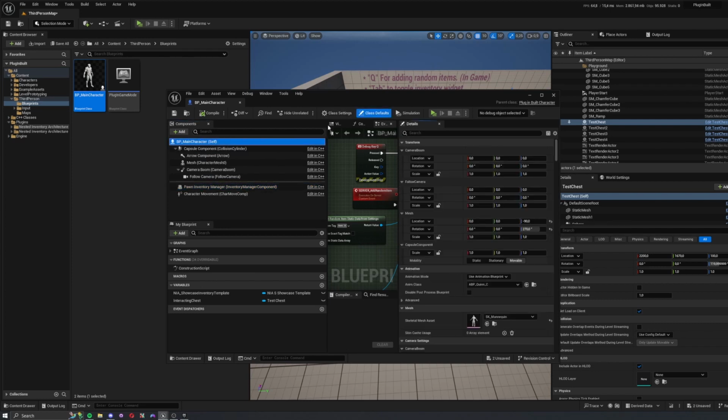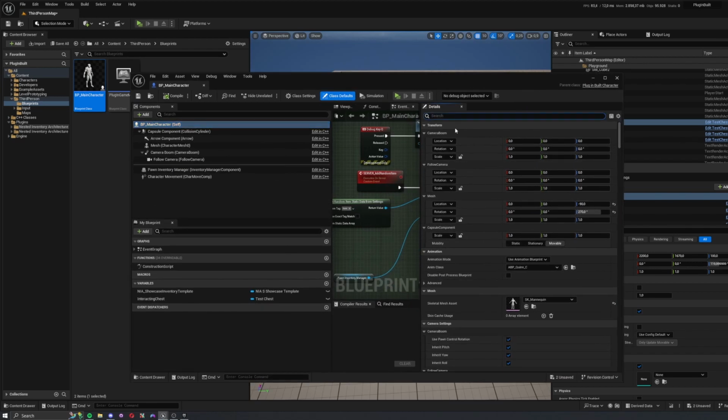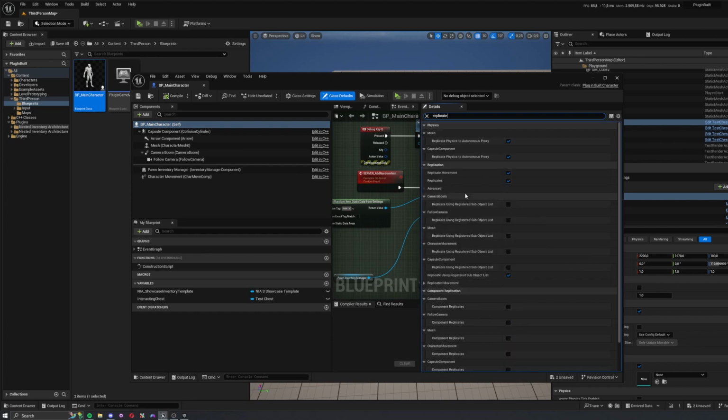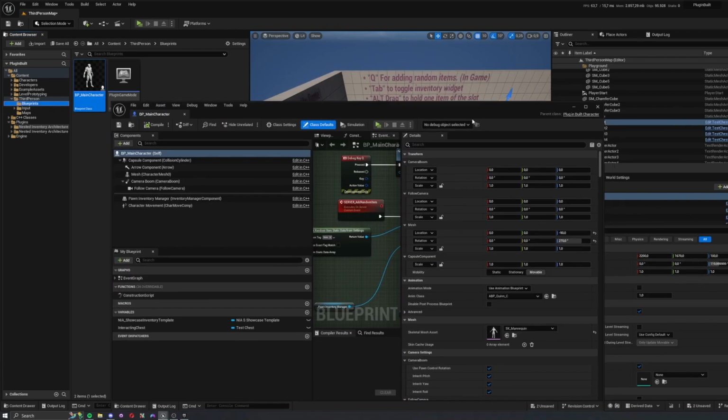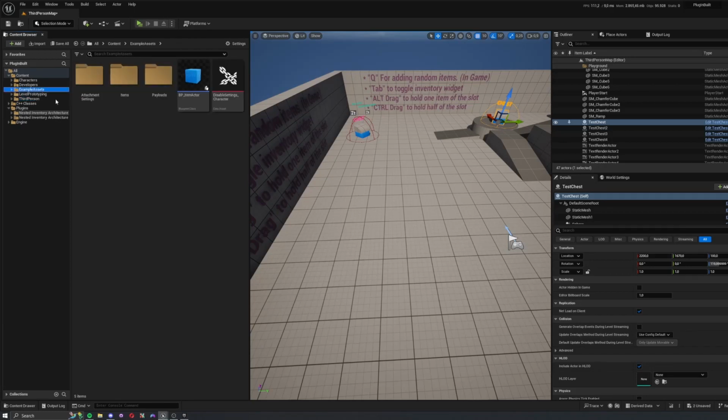And in your character, go to your class defaults. If you're using replication, check for replicate, and this should be checked, and this setting should be checked. Replicate using register sub-object list, which will replicate the inventory object. So after you add this component, you are ready to use the nested inventory architecture, but you need to add